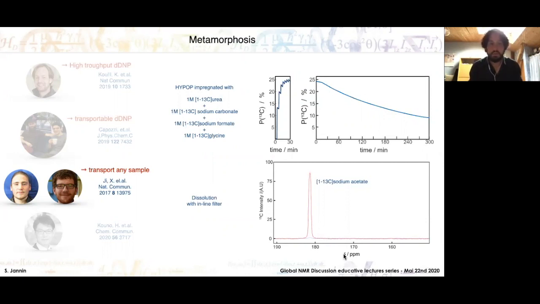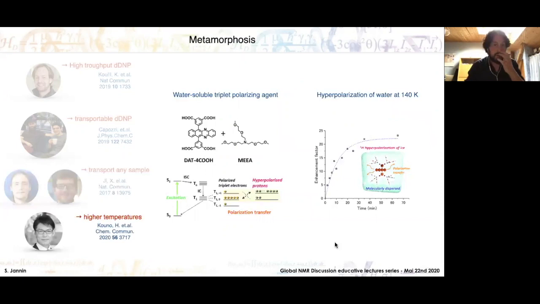So this is currently under development in our lab, and we are trying to bring this to preclinical imaging. The final slide is about something that is a bit exotic, but I think very interesting and promising. It's the use of photoexcited triplet state. So instead of using a free radical, you can use, for example, here a pentacene derivative that is soluble in